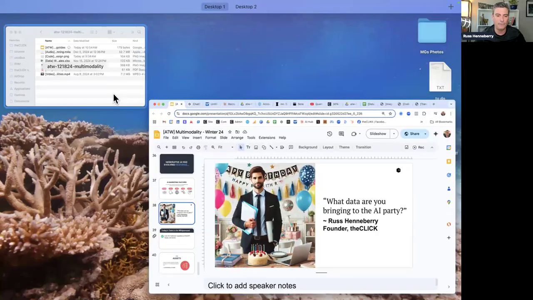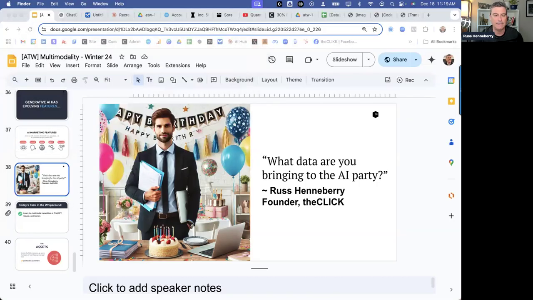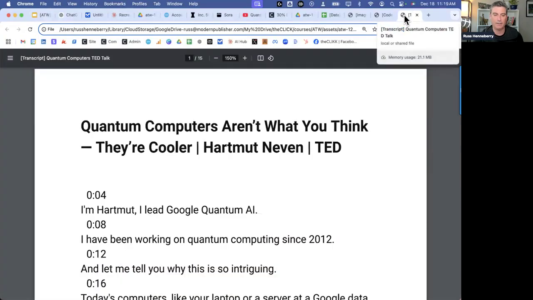So these are different files and different things that we can play around with. So let's go through each one super quickly so that I don't have to keep explaining. So pay attention here. I don't want to have to stop each time I open a new tool and bring in a new file. I just want to show you the files one time so that every time I use one of those files, you'll know what I'm working with. So the first one is a text file, and it's this guy here. This is just a PDF file. It's a transcript of a video.